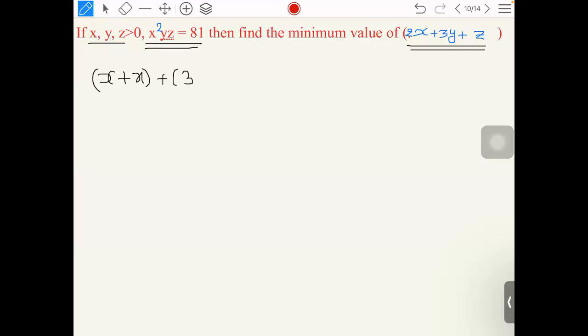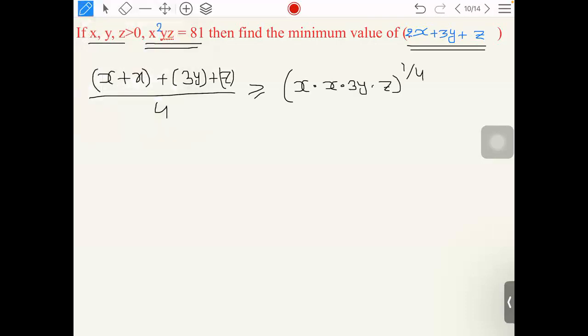Plus y, we will not break in any way, so 3y. y into z raised to 1 by this one as it is equal to 2x by